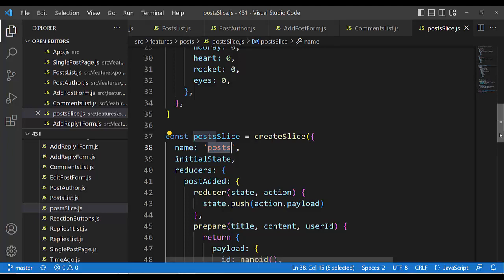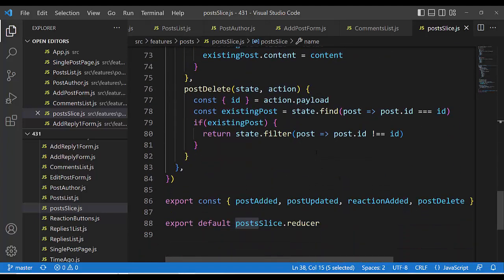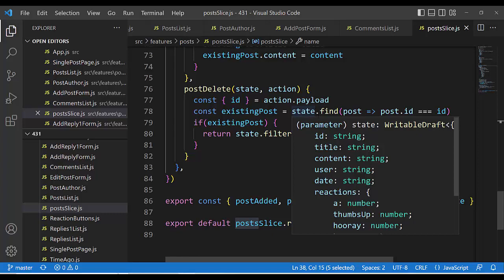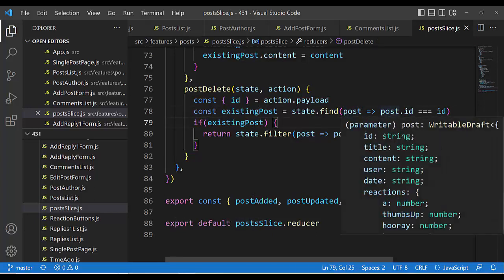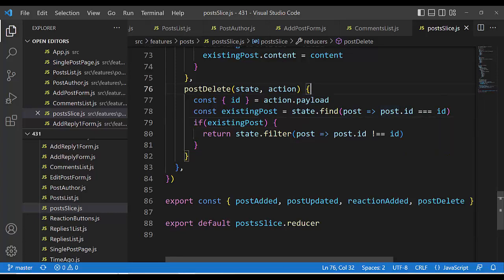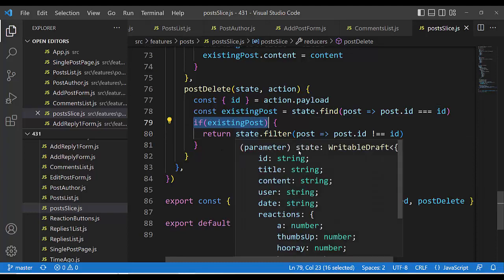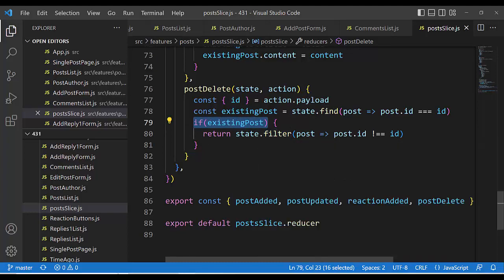It is the post state, and we don't need to write state.posts because we are in the slice of post, and state here means posts. Then the find method, the parameter is an arrow function with argument post, and in the body is the condition: post.id equal to this id. It is find, and if it exists, it is logical, then return